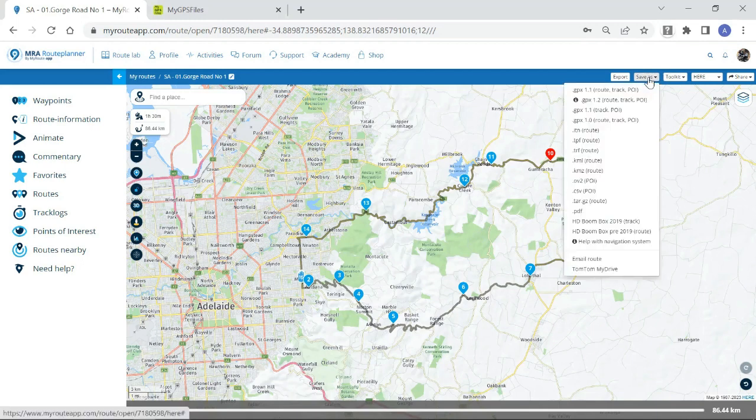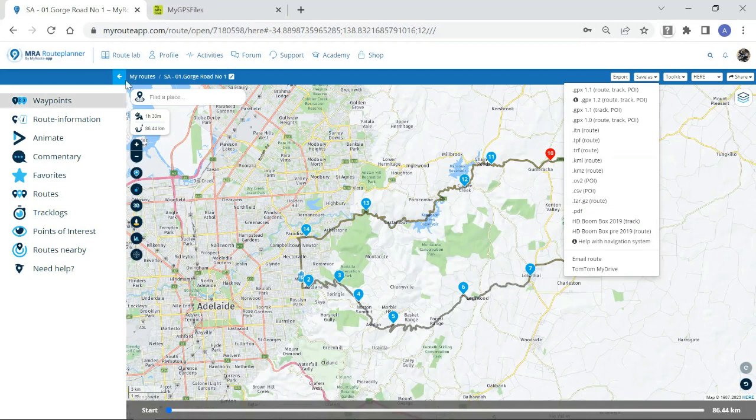So there are different types of files here. HD Boombox, from my understanding, is Harley Davidson. So for any people out there with a Harley, if you want to download it and try it, then save it as either one of those. For Google Earth, KML, KMZ routes, you can save it as those. The TPF, TRF, I really don't know what they are. TAR, GZ, so I don't use those. So we've saved our